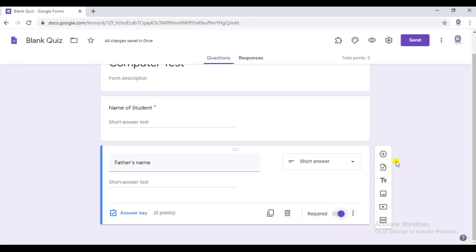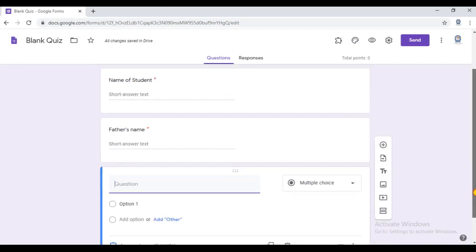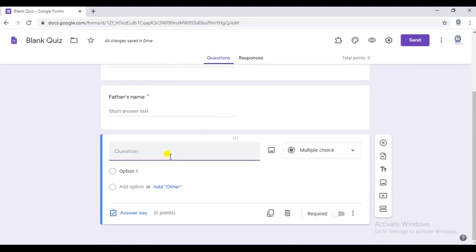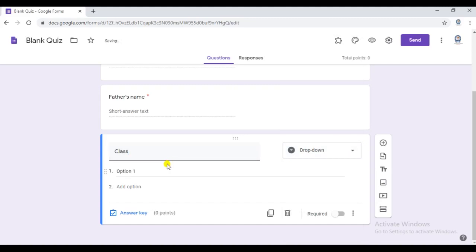Again, to insert a new field, click on the plus sign present on the right hand side. Now we require the class, so for class we will create a drop down box. Click on drop down and you will see option 1. We can type class 1 here.